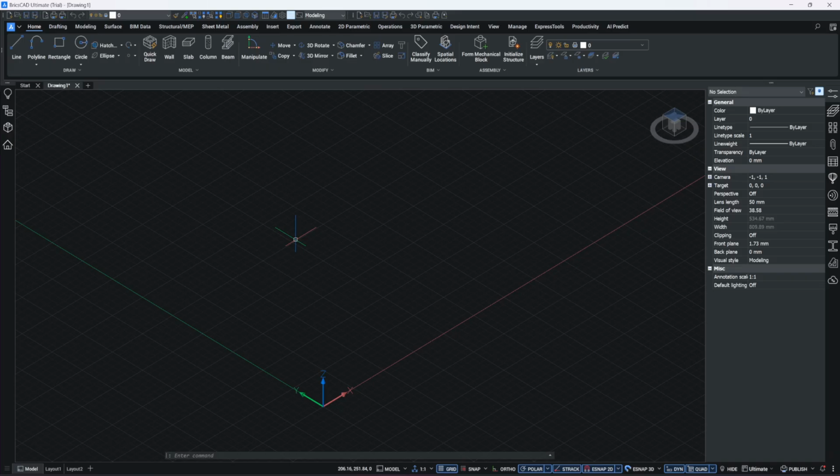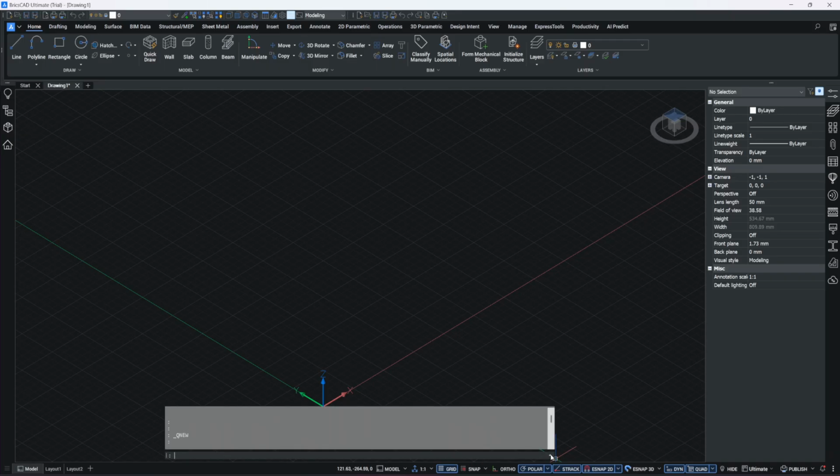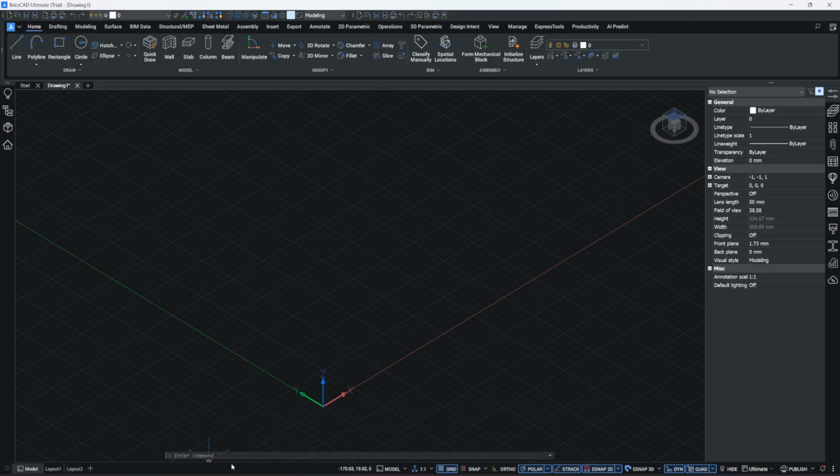So I will show you the fastest option that we can save current changes. If you see in your project now down below, you will see some gray command line. This one here. If you see my mouse, here it says enter command. So if we type in this command,